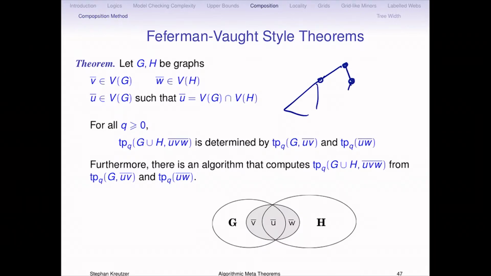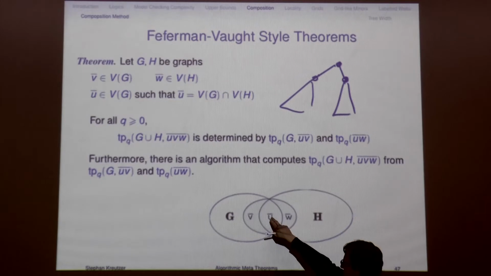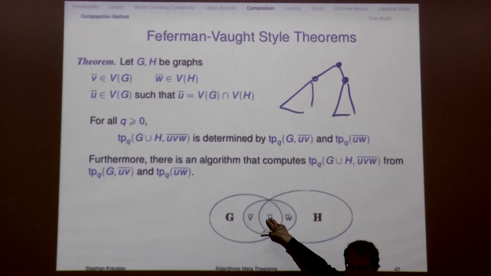Can you say a little more what you mean by G union H? Well, it's a union of the two graphs. No, it's not disjoint. And the beauty comes from it when it's not disjoint. Actually, it's also true when they are disjoint. But these vertices U are just the overlap between the two graphs. So union just means unioning the vertices and unioning the edges.